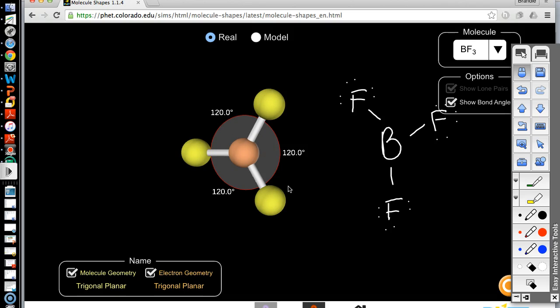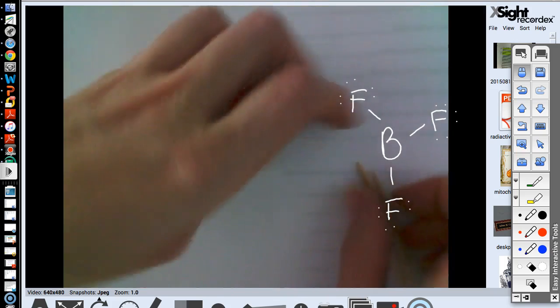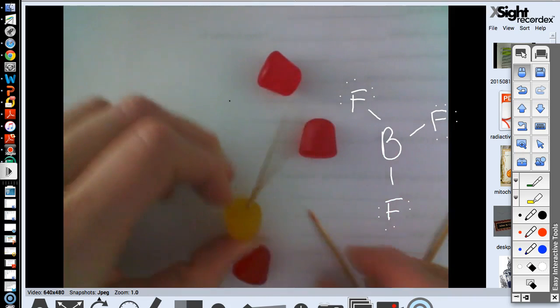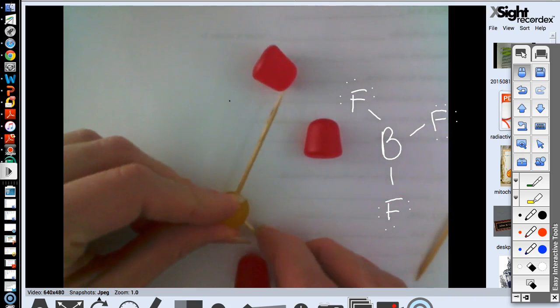When we go to make this molecule, we're going to get one atom. The central atom is going to be one color, and then use a different candy color for your terminal atoms. So if I go back, I'm going to borrow these guys' candy this time. Y'all have a lot of red, it seems like. So let's get 3 reds for our fluorines, and let's do yellow, and we're just going to get a central atom. So here is my boron, and just make a triangle about 120 degrees from each one,